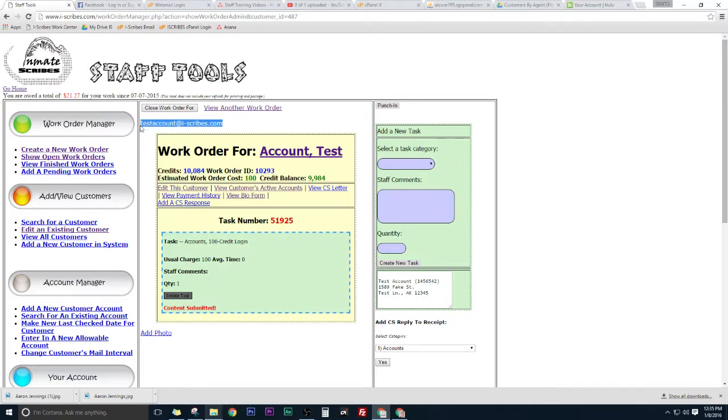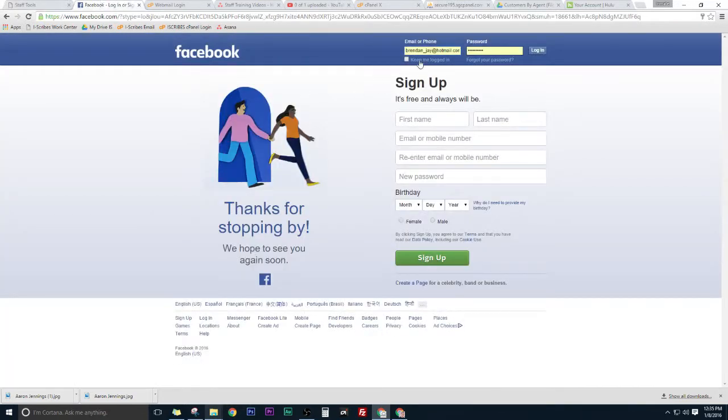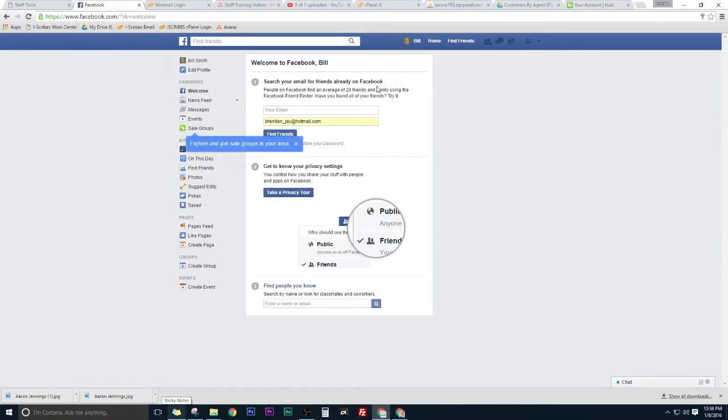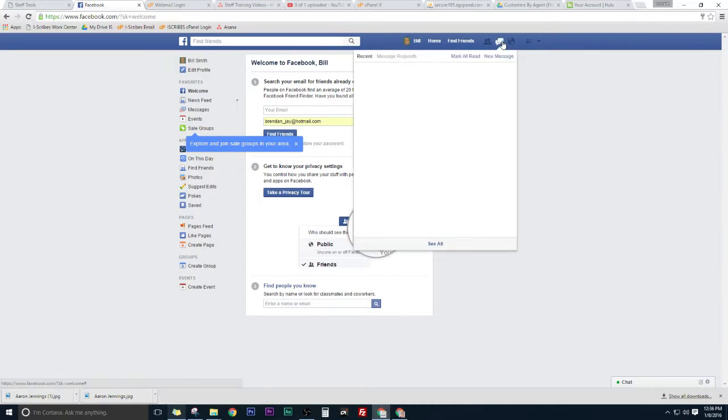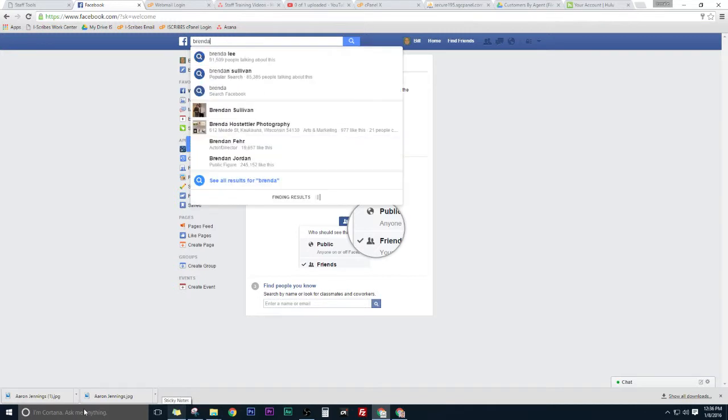So I'm going to copy that email on top, put it into Facebook, and type customer123 to access it. So now what we have here is Bill Smith, and he has no new messages. So what we're going to do is send a message to me,